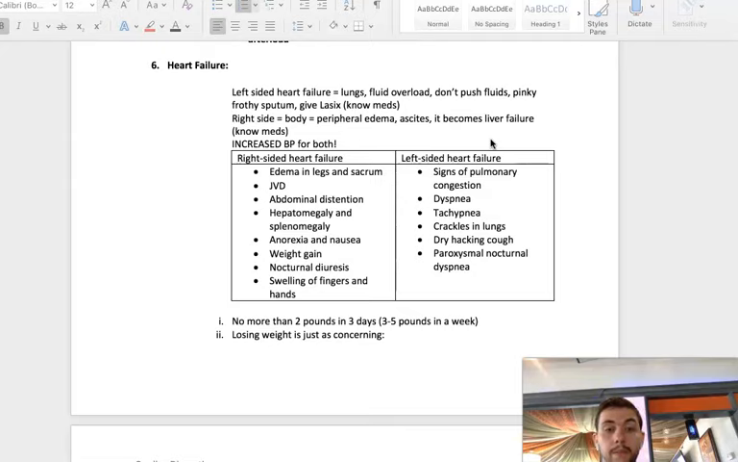Increased blood pressure is a characteristic of both of them. If you have right-sided heart failure, you're going to experience edema in the rest of the body, edema in the legs, JVD,